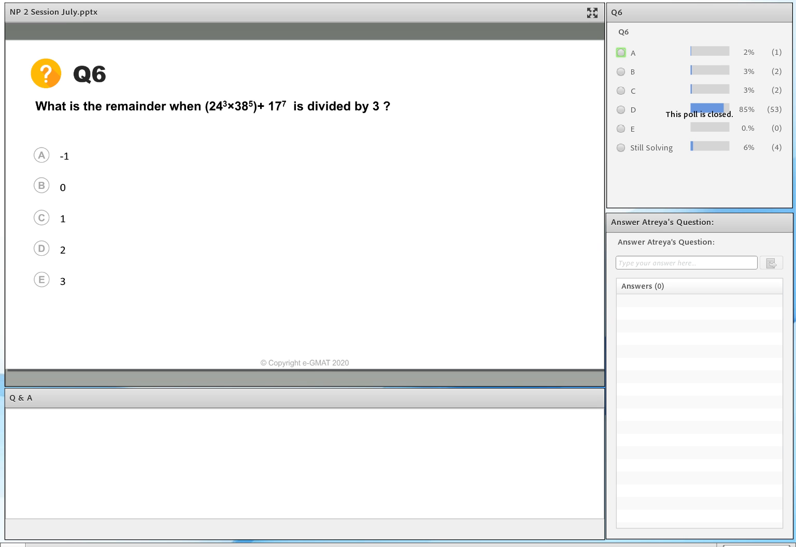So 85% of you tell me that the answer for this question is choice D, that is 2. So very quickly, let's check. What is the remainder when 24 to the power 3 times 38 to the power 5 plus 17 to the power 7 is divided by 3, right? Okay. Now,